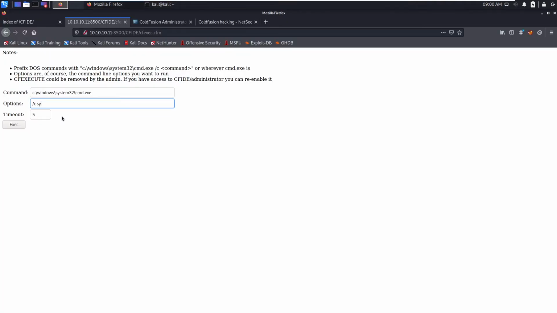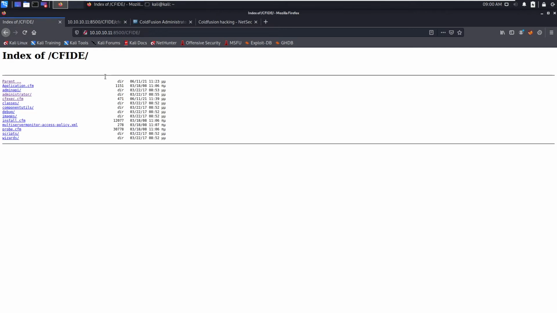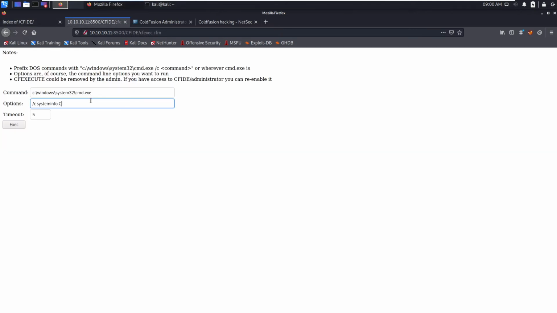Now let's type systeminfo. Unfortunately for us, we cannot run systeminfo because the output will not be shown here. So what you can do is put this output to C:\ColdFusion8\wwwroot, and in the root we have the CFIDE folder, CFIDE, let's say output.txt.